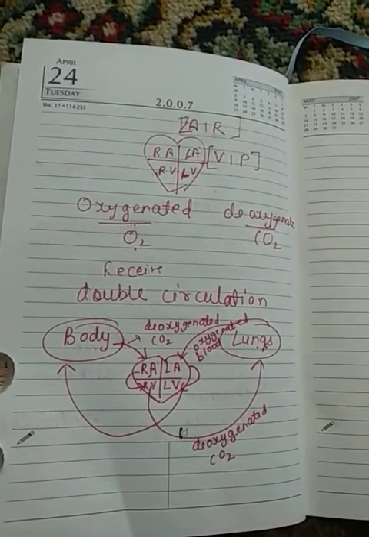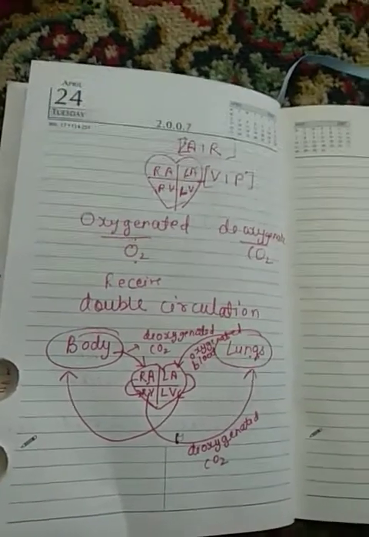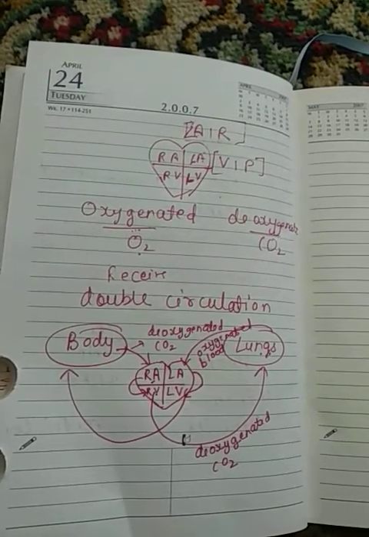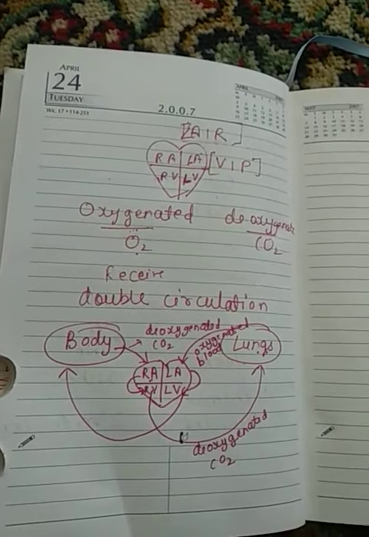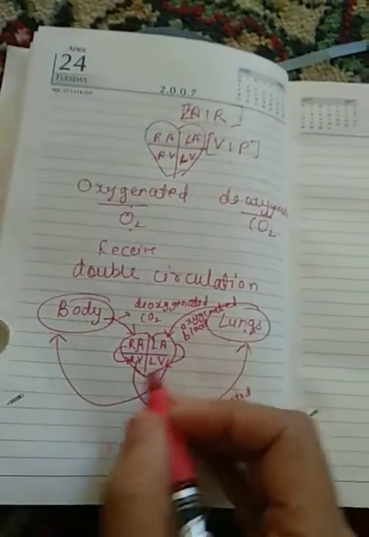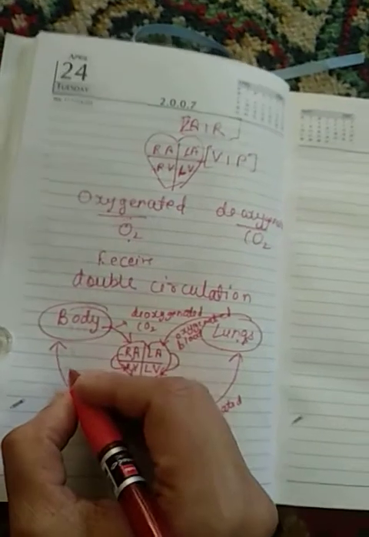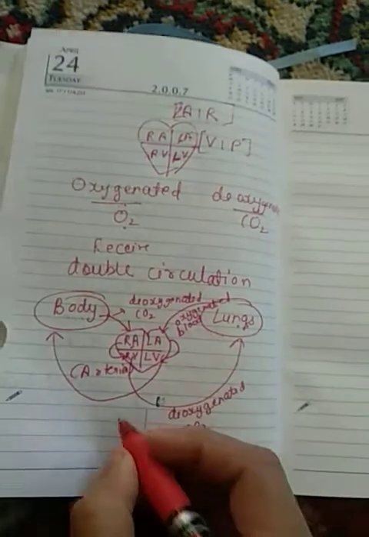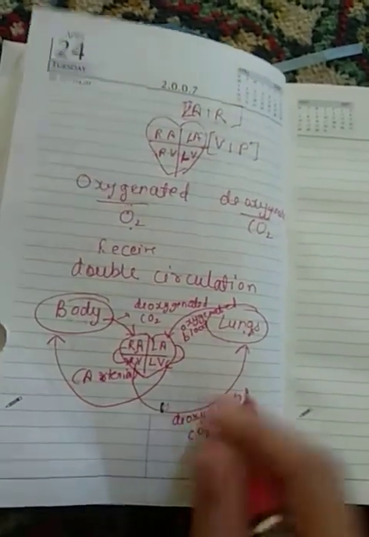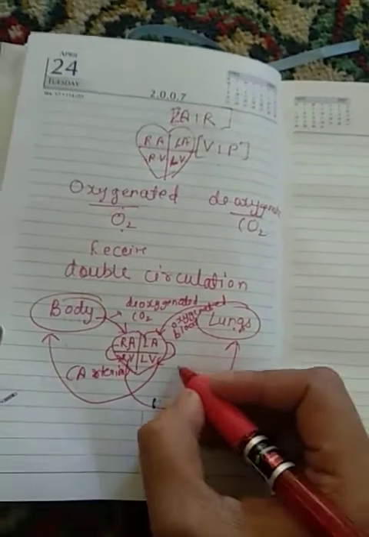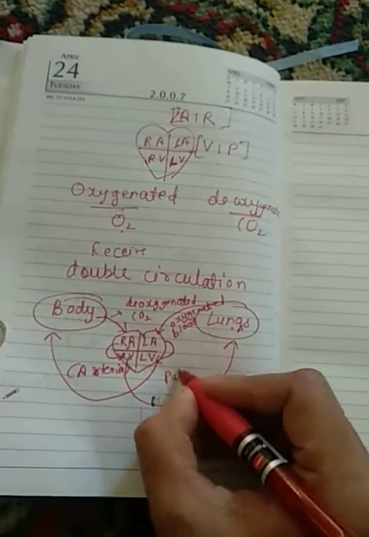Auricles are always receiving chambers, ventricles are always pumping chambers. And how is this blood flow taking place? The blood flow will take place only inside the blood vessels. We will learn about the blood vessels a little later. Now, we have oxygenated blood which is flowing from the heart to different parts of the body. In this route, it is the arteries which carry blood. And one more place where you will see that blood is flowing away from the heart is from the heart to the lungs. This is carried by the pulmonary artery.